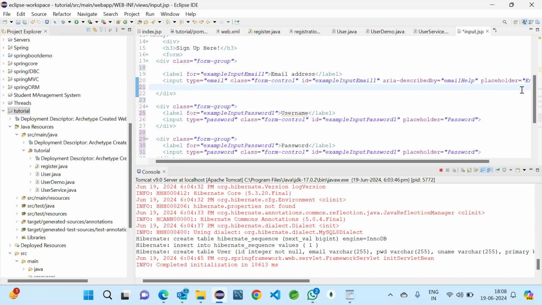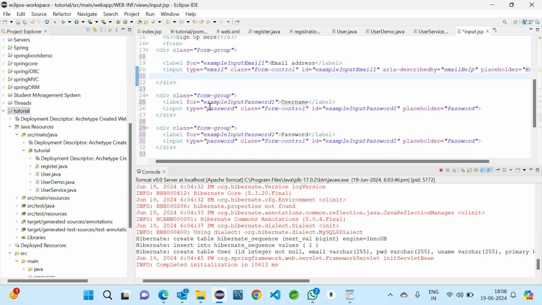So I want just email. And next one, here this will be name and username. Type will be text for username, class form-control, id name, placeholder, enter username.